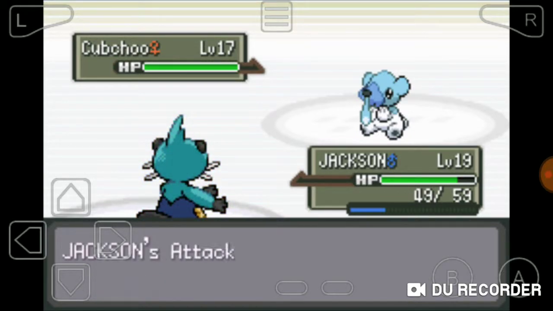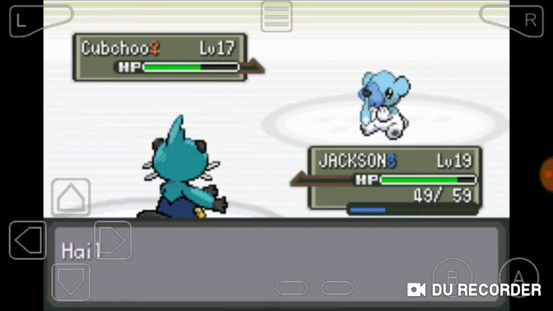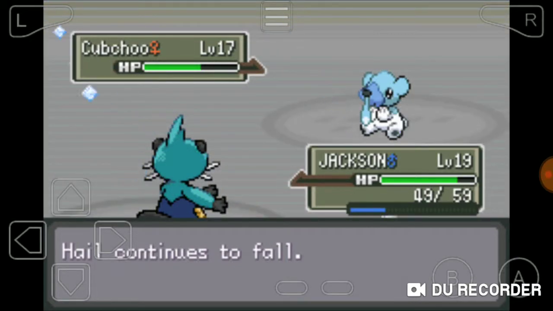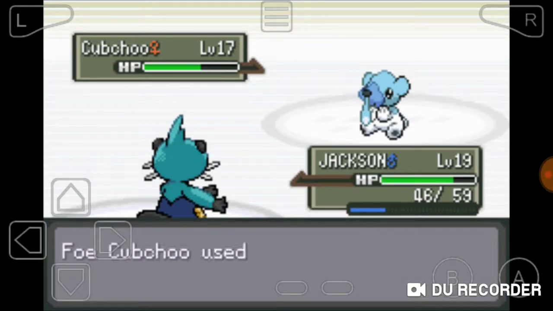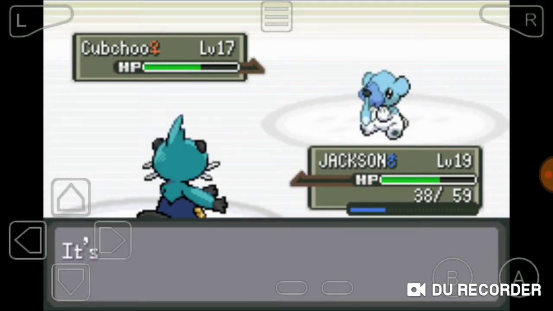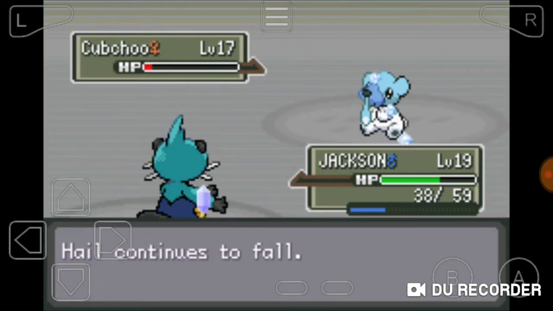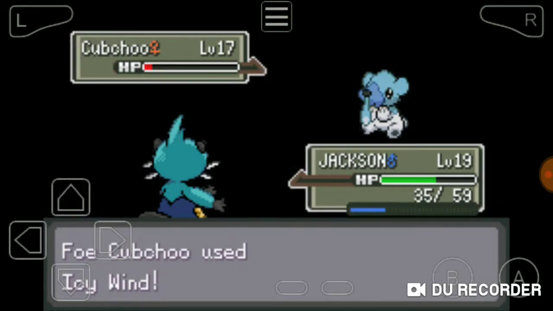Okay, so she has hail, round eyes, and icy wind. So the fourth move is probably bite. Alright, so I think we're gonna go for a razor shell, and then we'll beat it. We got a crit that's like it's really good, but it can also be scary. We're at 35. She's probably gonna heal it. No,